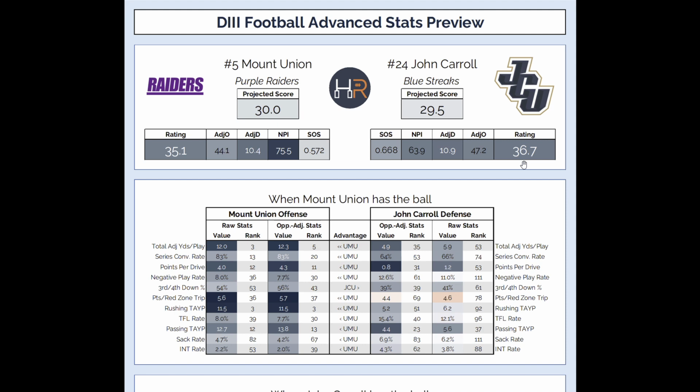My ratings are a little bit more sensitive to recent performance. John Carroll has had two of their best games of the season in the last 2 weeks, and Mount Union 2 weeks ago in week 11 had probably their worst performance of the year. So that's why these ratings look a little different than what some people might expect or what you might see from different computer models. And those predictive ratings are made up of each team's adjusted offensive and defensive efficiency, which